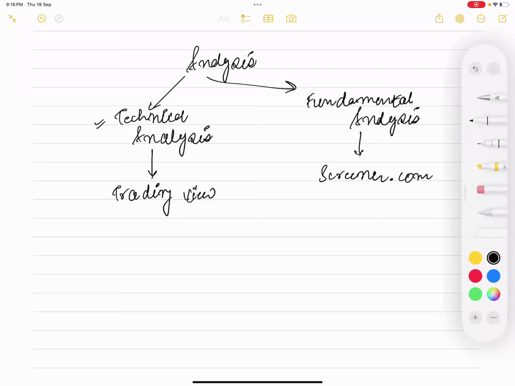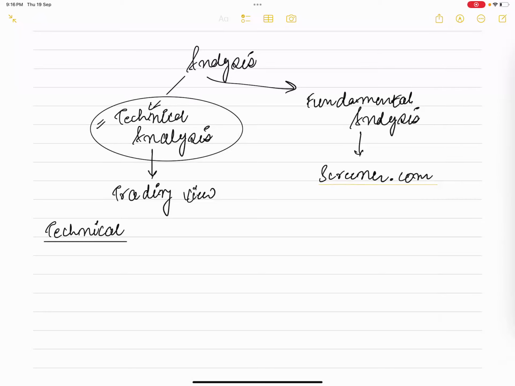Apart from that, from today onward, the one that we will be starting would be the technical analysis. In technical analysis, we use different candlesticks and candlestick patterns. So I'll just introduce. Do you guys have any idea what a candle is, what candlesticks are, what the patterns are? Have you ever observed? Any idea that you guys have about candlesticks?